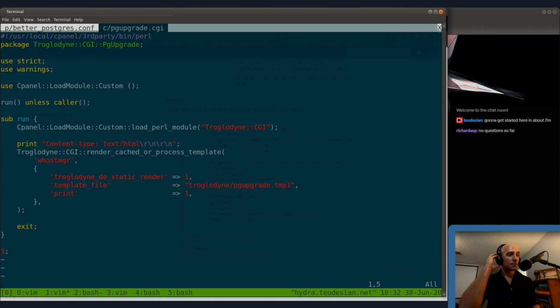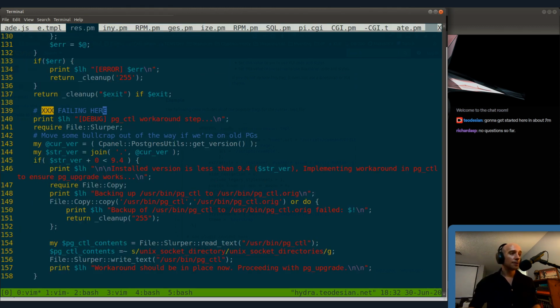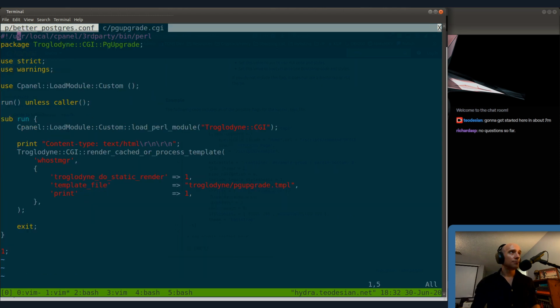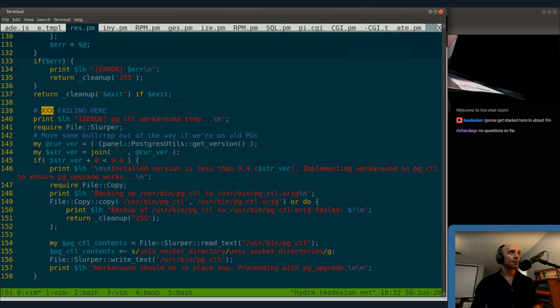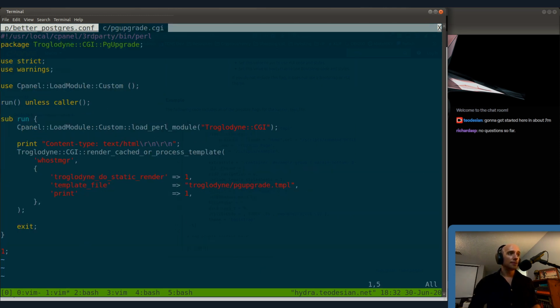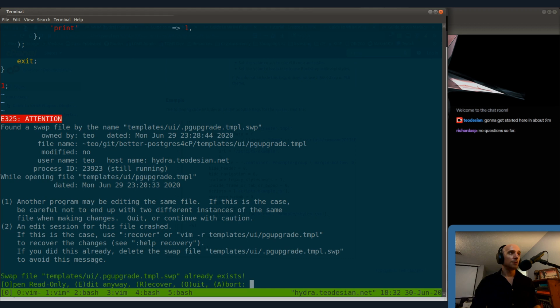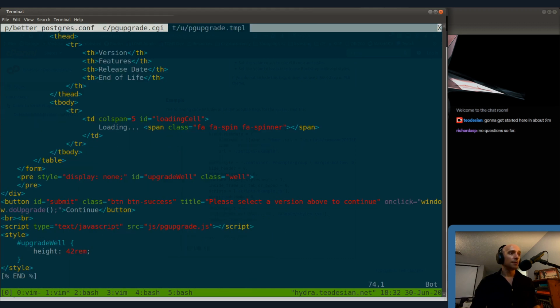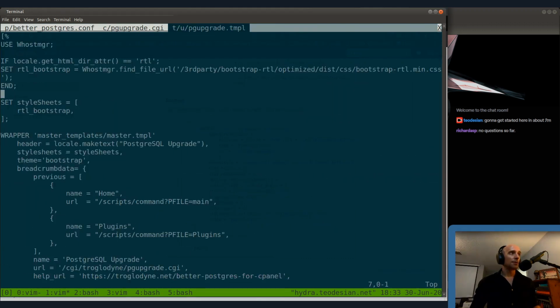There we go. Nope. Yes, the template. Okay. So let's take a look at templates, UI, pgupgrade.tpl. That's fine. All right. So my wrapper